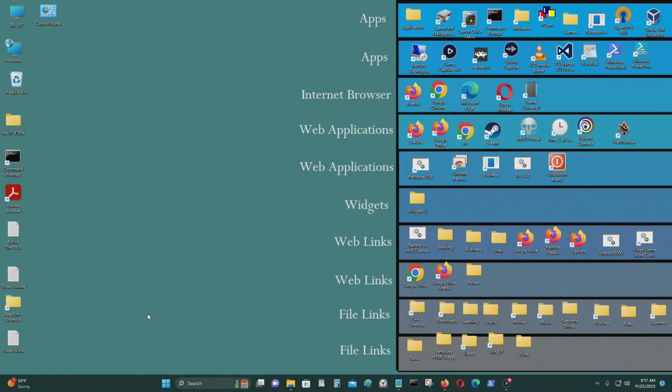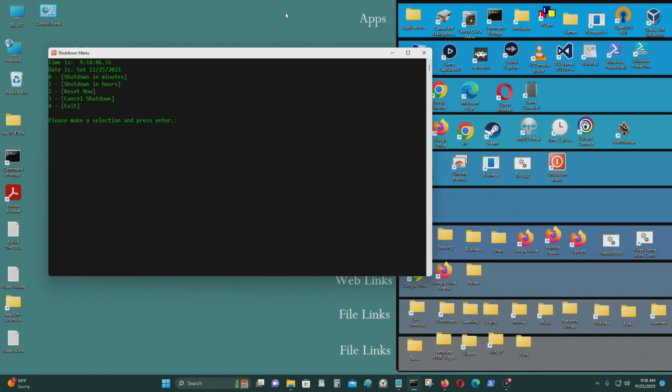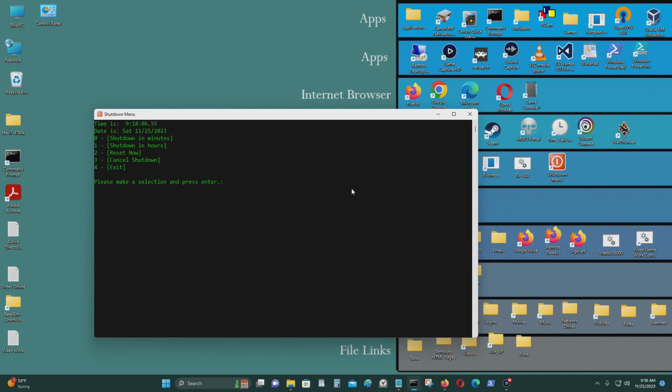Hello everyone, in today's video I'm going to show you how you could create your own shutdown icon on a Windows desktop. So my operating system is Windows 11 Professional. I'll show you how you can create your own shutdown menu. I wrote all the script for this, and this menu allows me to shut down my computer with a